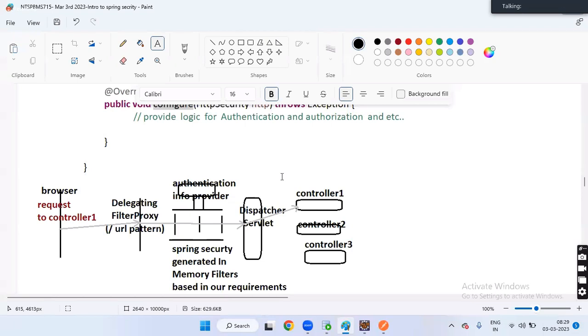Thank you. LDAP is only for storing data. It is not for security, guys.